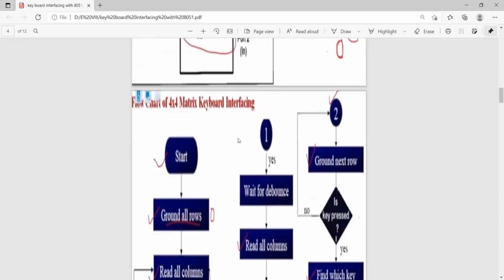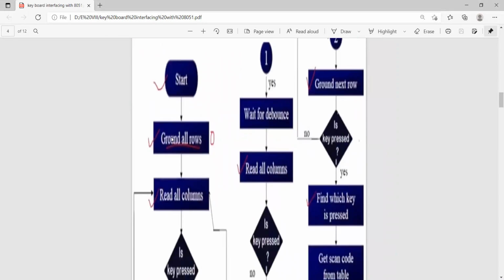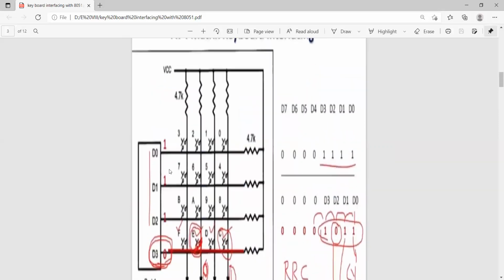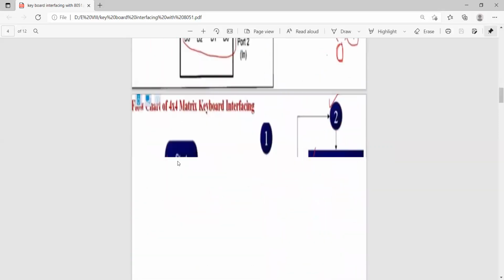The flow chart is appearing like this. Initially, ground all rows, which means all row values are 0.